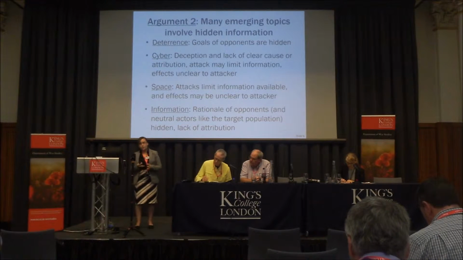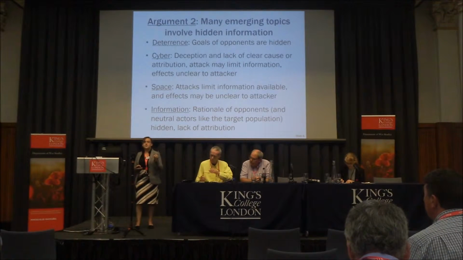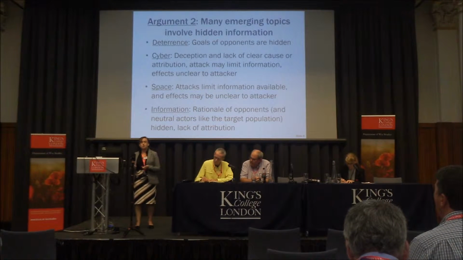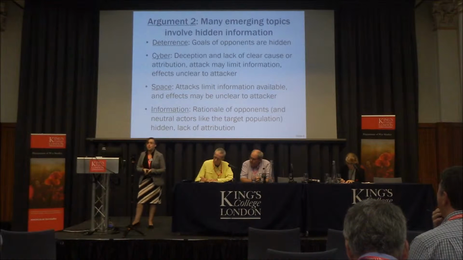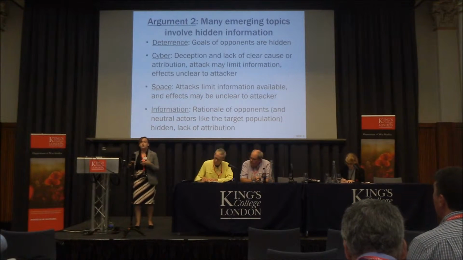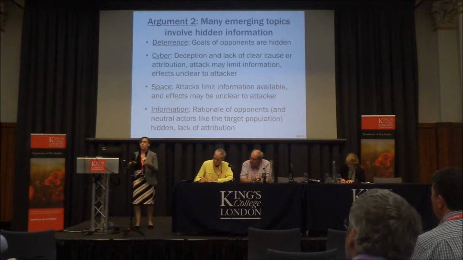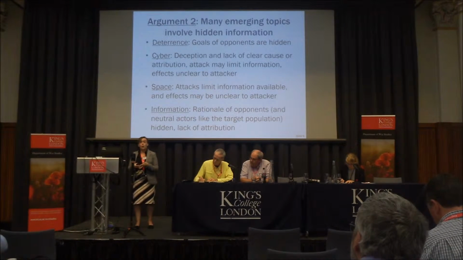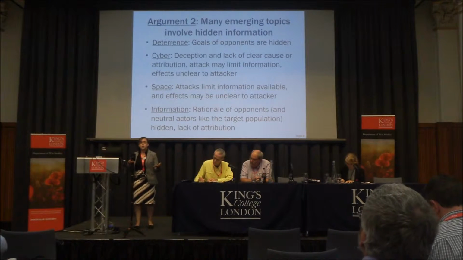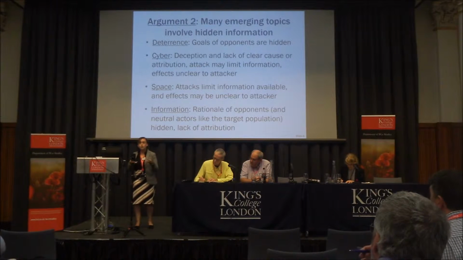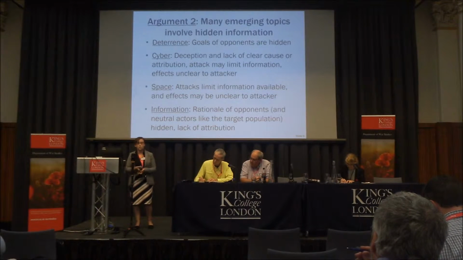Here's where I think we have a little bit of a tension, because we're saying this is a method that's good for emerging issues, but a lot of those emerging issues that we're concerned about right now have to do with hidden information. Whether we're thinking about very traditional gaming topics like deterrence, where we're interested in the signaling that allows us to communicate or fail to communicate our intentions and our motives and our rationale, to things like cyber and space and information operations, where either you are obscuring the enemy's ability to have information or you're hiding your own actions. These become really critical parts of the types of activities we're gaming.